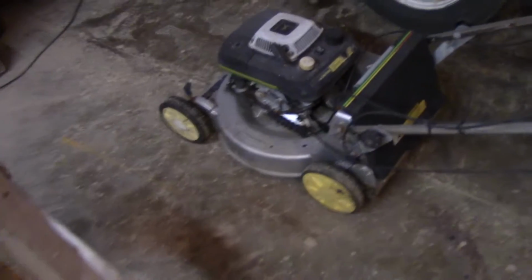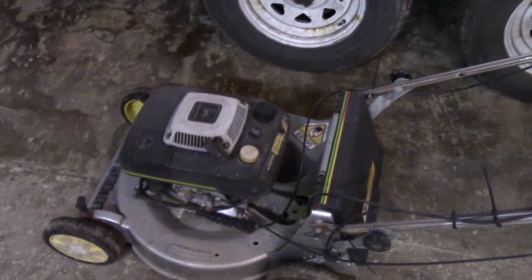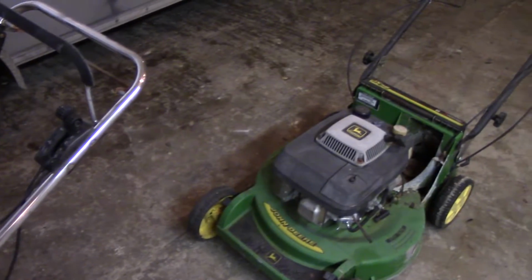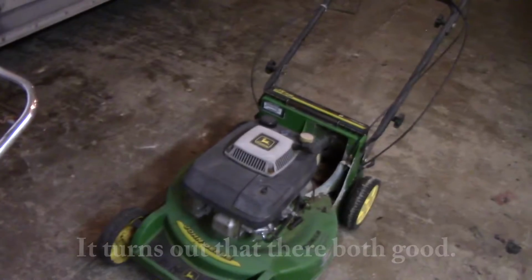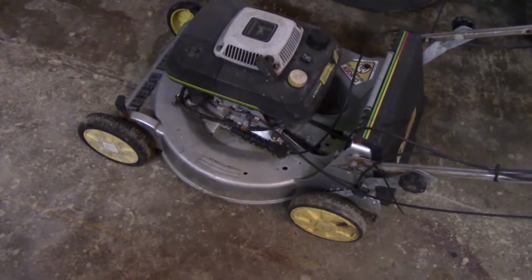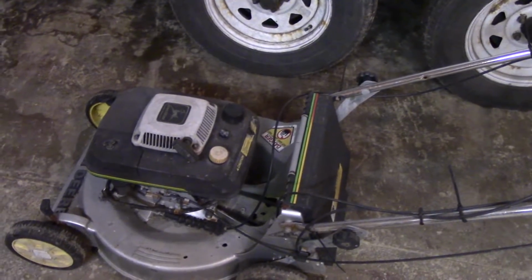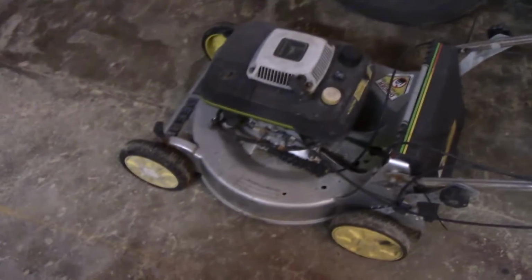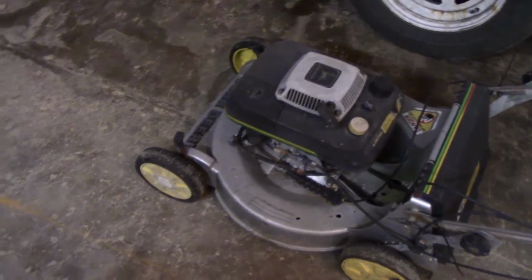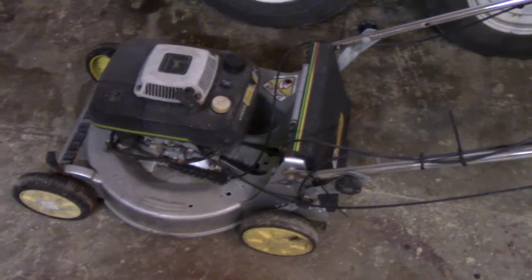Alright, so today is going to be the startup of the 14SB and JX75 turning to one mower, which is going to be that one when it's done. And the first thing we're going to do is clean the carburetor in this one, and then after that, before I put the fuel line back on, I'm going to clean the tank because it's gross. And see if we can get this one to run a little better so we can test the self-propelled and